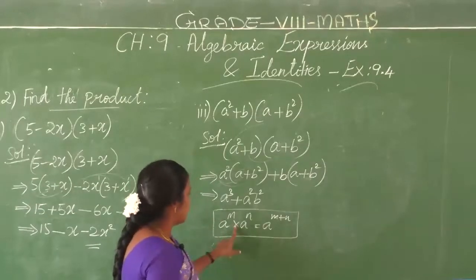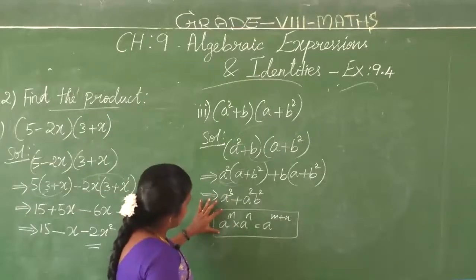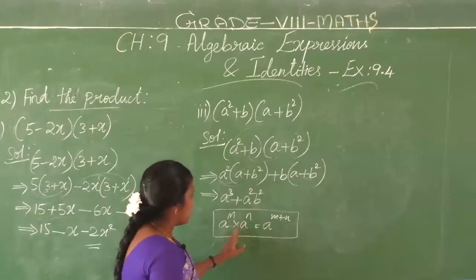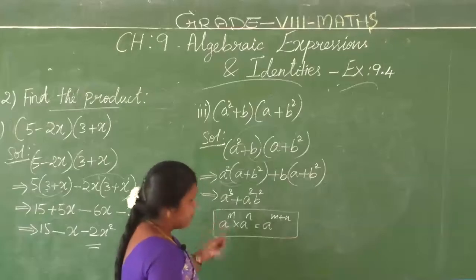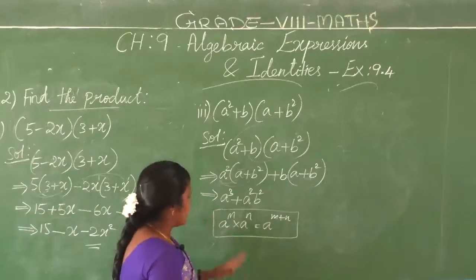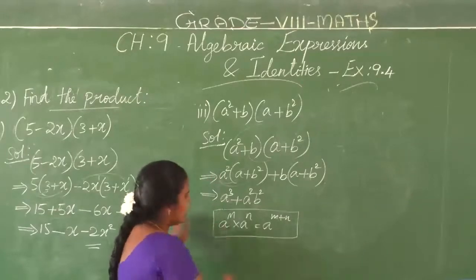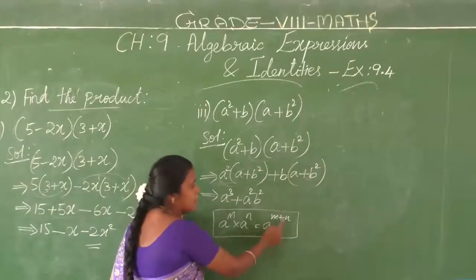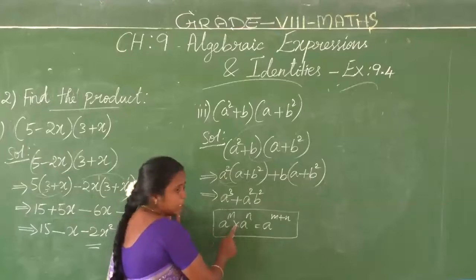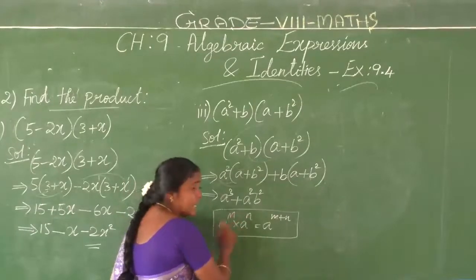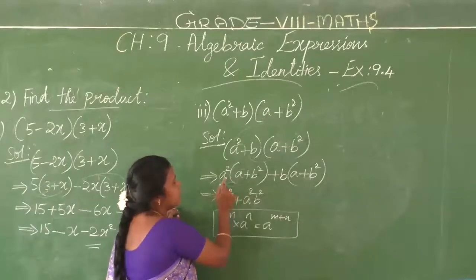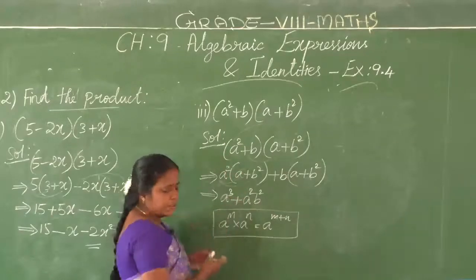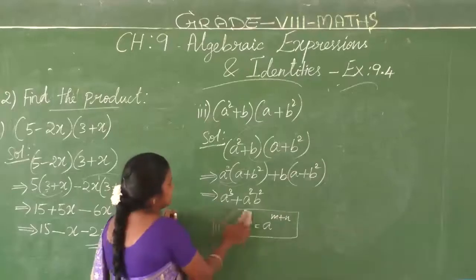Just recalling here, in exponents, this is called base, this is called power. In multiplication, if the bases are same, powers are to be added. That formula from that chapter I am going to apply here. For any integer a, a power m into a power n is equal to a power m plus n. In the product, if the bases are same, power can be added. So on that basis I have written a square into a power 2 plus 1, that is a cube. Clear children? About this we will see deeply in that chapter.